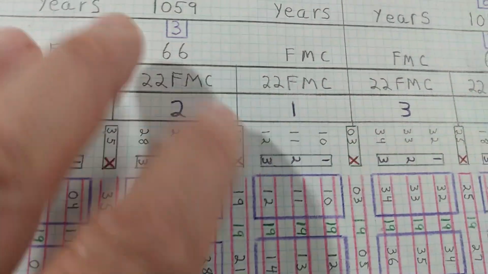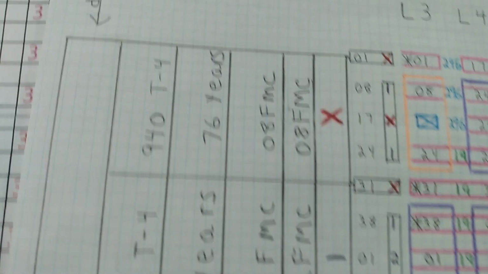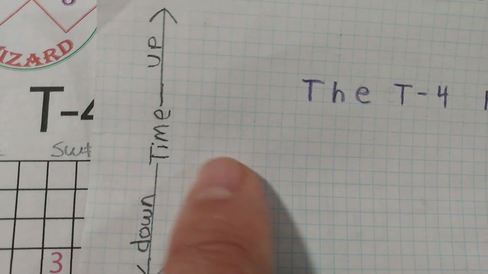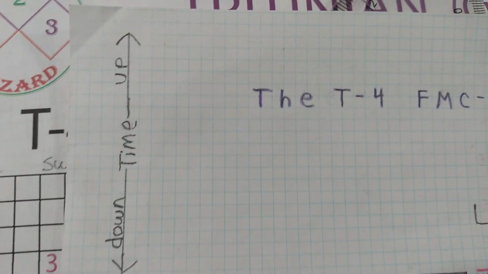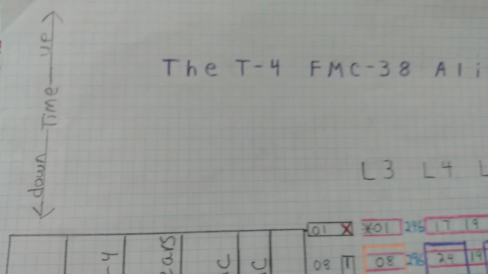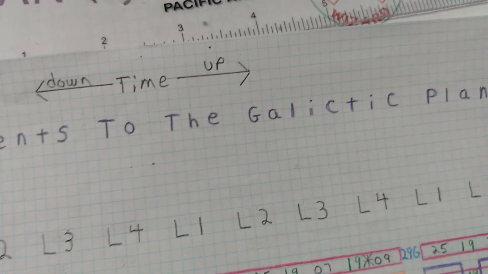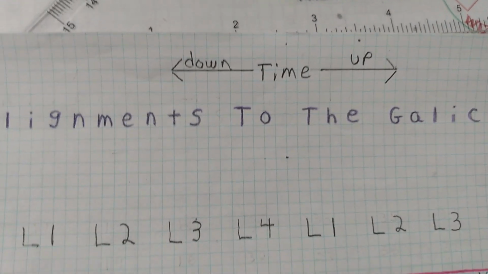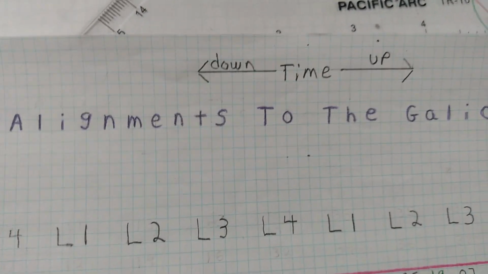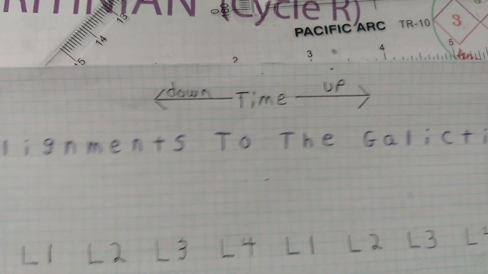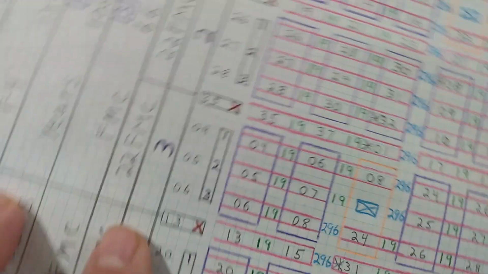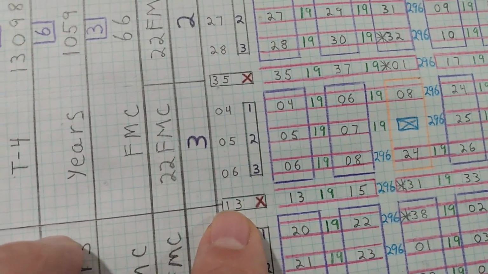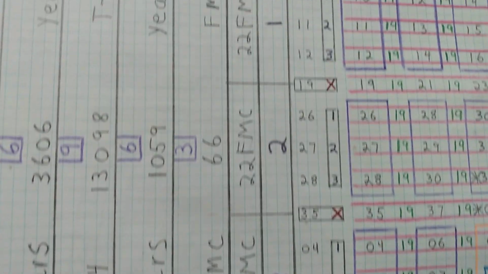And each one of these groups right here. So also, I'm going to jump over here. The timeline on this is moving down. Timeline moves down this way, and time goes up the chart that way on this, okay? It also has a down time moving that way to the left, and up moving to the right. So I wanted to point that out because moving up in time, let's just go from this block right here,